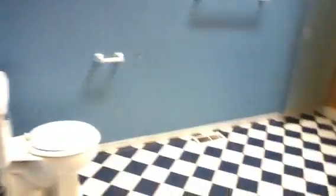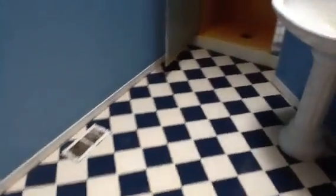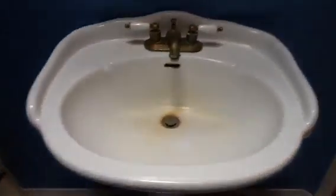And then a bathroom. And again, here's to give you an idea of what the water out here is like. That's the shower and the sink. But like I said, the biggest issue, and there's an upstairs too, kind of a loft area, but downstairs,